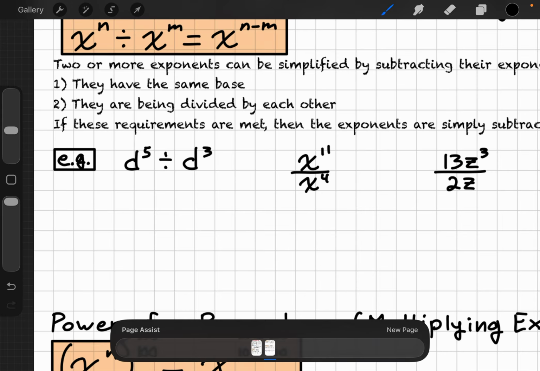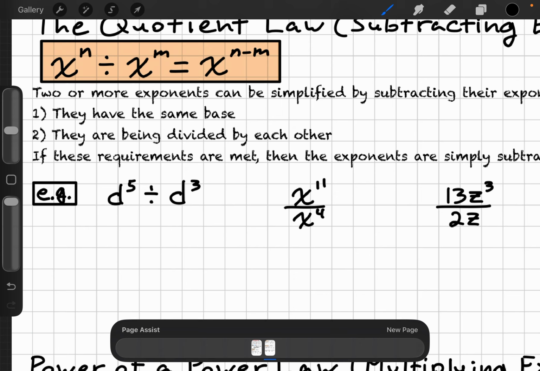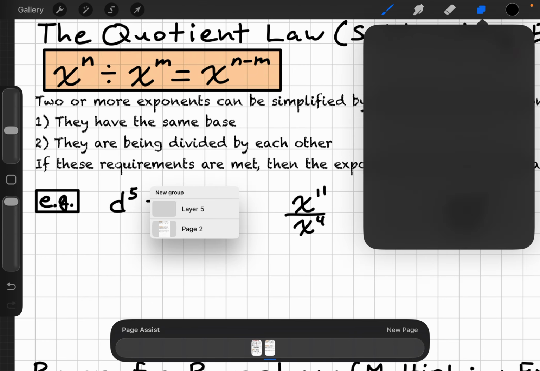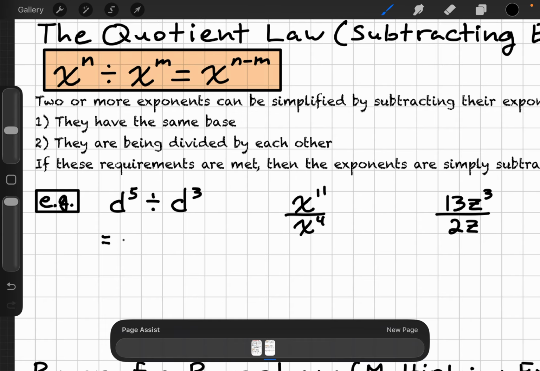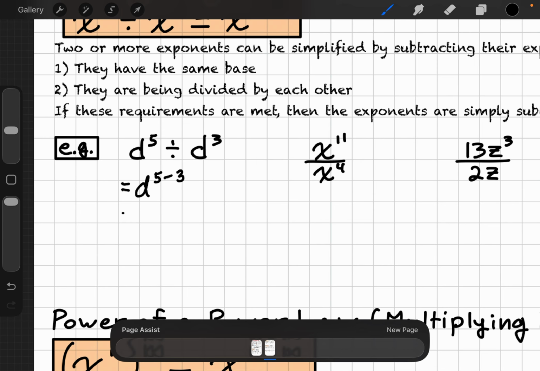First one, d to the power of 5 divided by d to the power of 3. Now, if we look up here at the quotient law, we see they have the same base, and they are being divided by each other. So therefore, we can apply the law, right? This is the same thing as d to the power of 5 minus 3. This is the same thing as d to the power of 2, or you could just call it d squared,